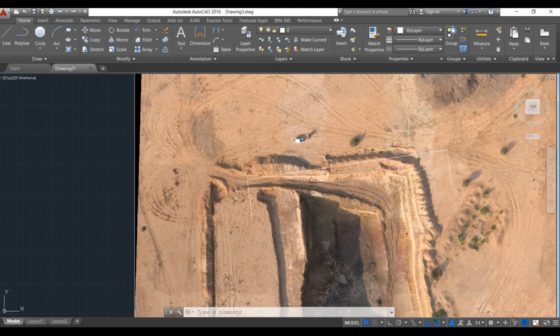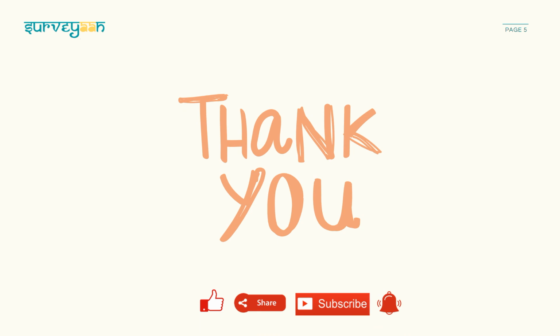So that's it for today. I hope you have enjoyed this video. Today we have learned things like what is an orthomosaic file, what is a world file, how to use the GeoRef IMG tool, and then after importing the orthomosaic file and its world file, how to perform basic calculations like how to view the coordinates of the map, get the length of the land, or get the area of a portion of the land.